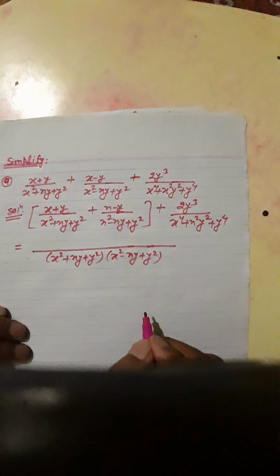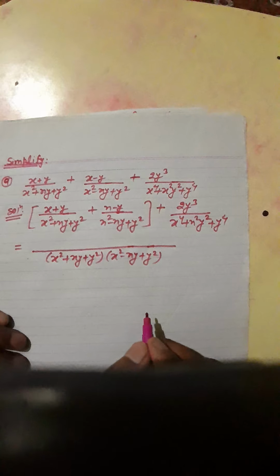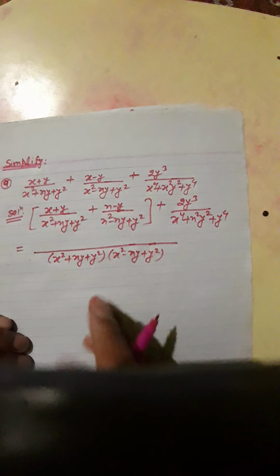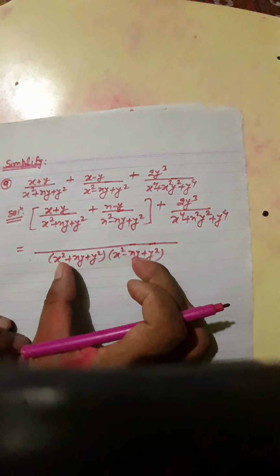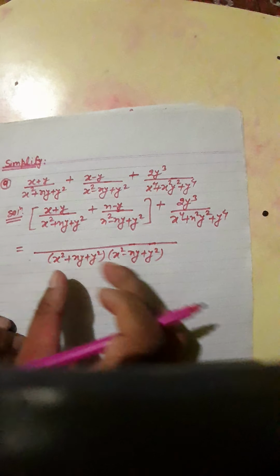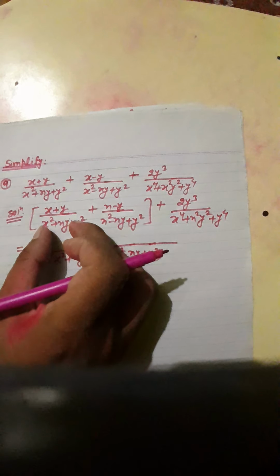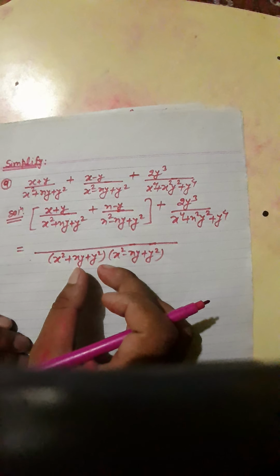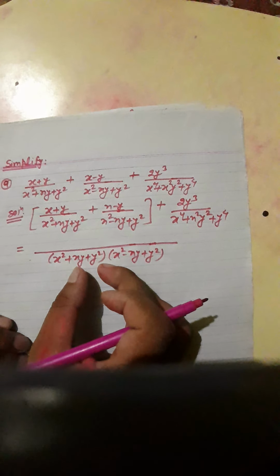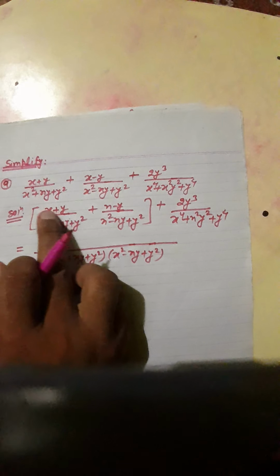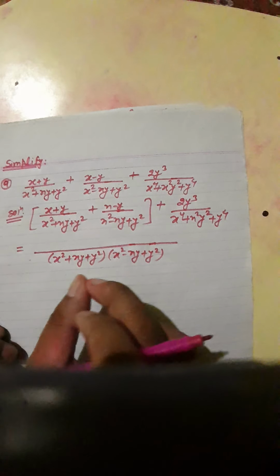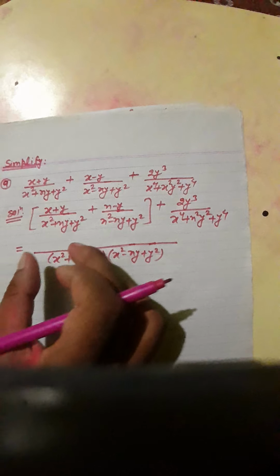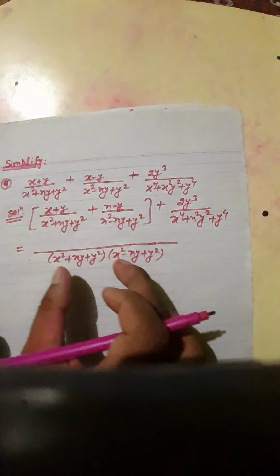And after this, after taking the LCM, our rule is we have to divide this LCM by its denominators. We divide this LCM by this denominator, and whatever quotient comes after dividing goes to multiply here in the numerator. Otherwise, an easy way to remember is we just compare every denominator with this LCM.